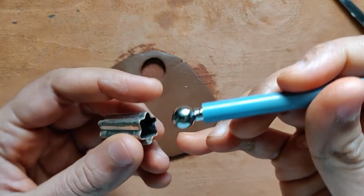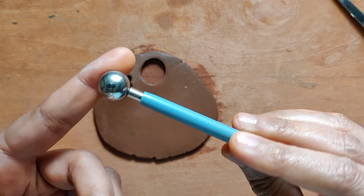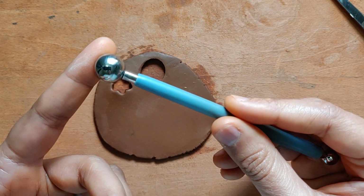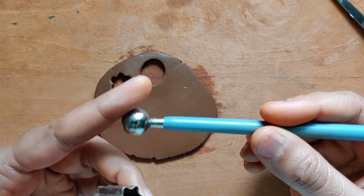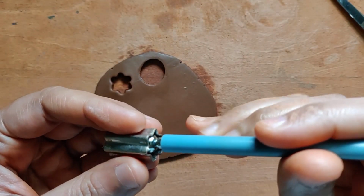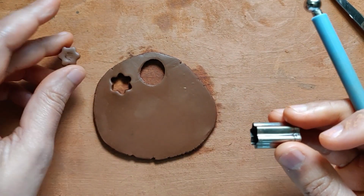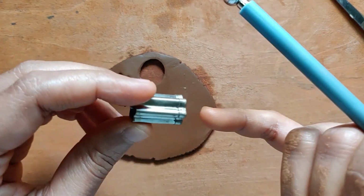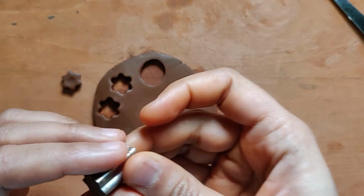This is a balling tool. I think a lot of you might have seen this when people are working on polymer clay. They use this quite a bit. So I tend to make use of this for this particular design. I use this because it's so small, only my pinky finger goes in. So I would just cut out a bunch of these,